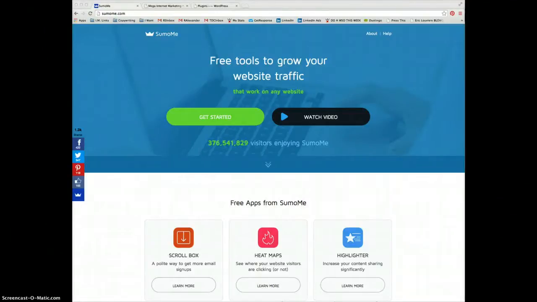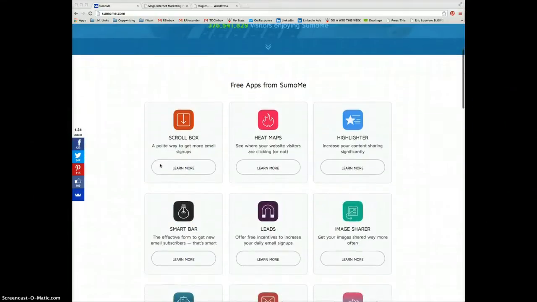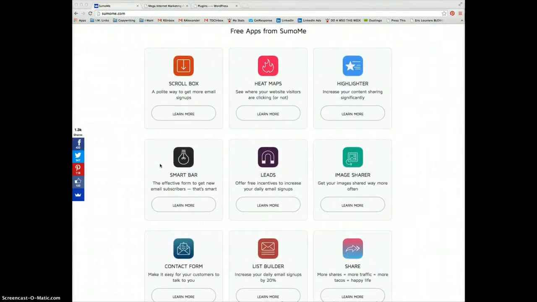A quick video review today on the new content analytics application from SumoMe. These guys are an absolutely cool bunch of guys. They're a subsidiary of AppSumo, as far as I know. So Noah Kogan and the guys. Basically, they've got a fantastic free application pack that's available for download that you can use on your WordPress or other hosted websites. And there's a number of really cool applications here that you get for free, but the